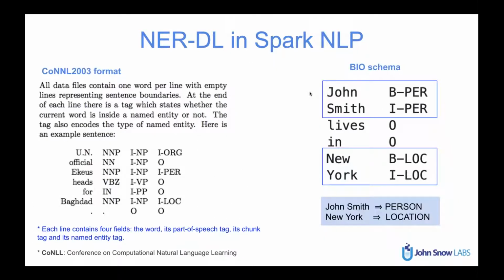So what is this CoNLL 2003 format? In Spark NLP, we use a conventional NER annotation format, which is called CoNLL. It's the abbreviation for Conference on Computational Natural Language Learning. And in this format, all data files contain one word per line with empty lines representing sentence boundaries. For example,